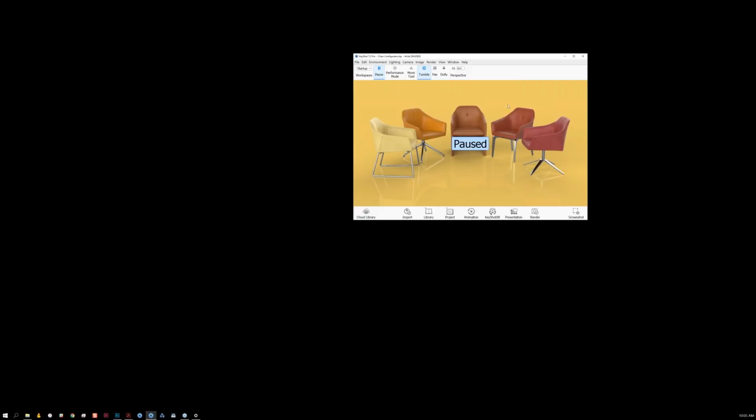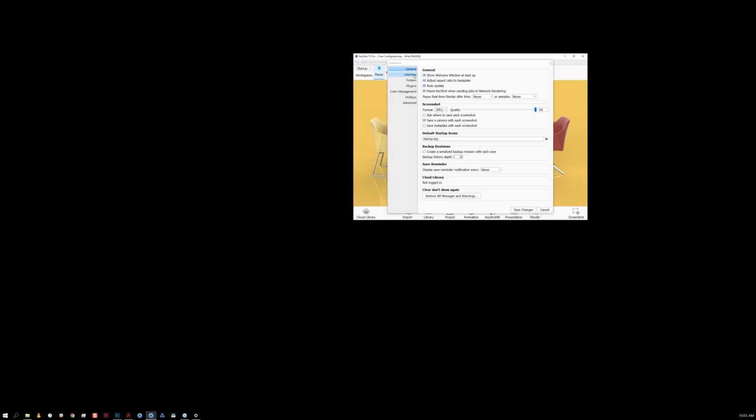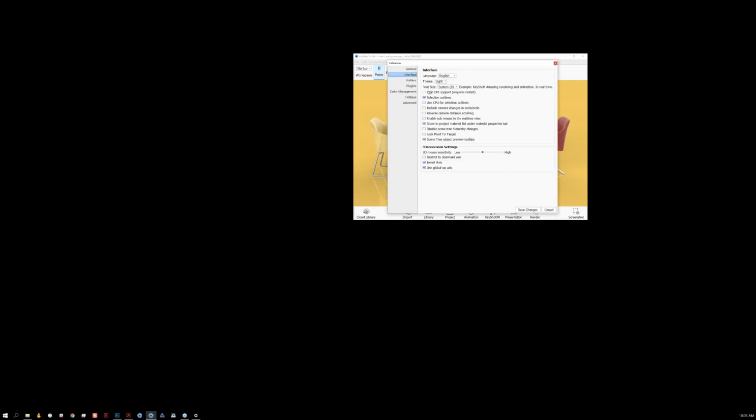Now, this improvement only scales the text and not the icons. So if you are interested in also scaling up the icons, we have added a new feature for that as well. And that is high DPI support. To access that, we'll go to Edit, Preferences, and in the Interface section, there is an option for high DPI support, which requires a restart. So we'll save our changes, restart,